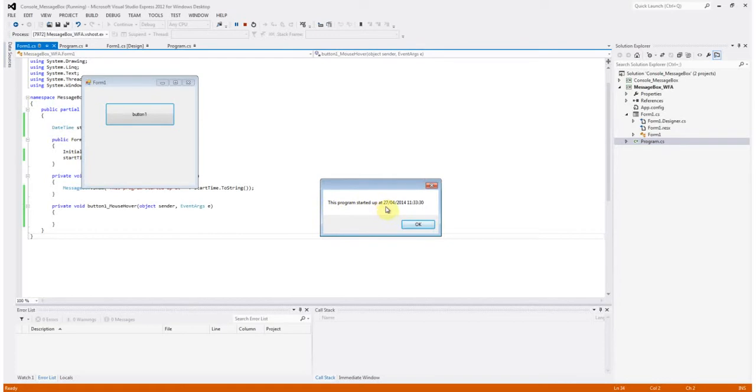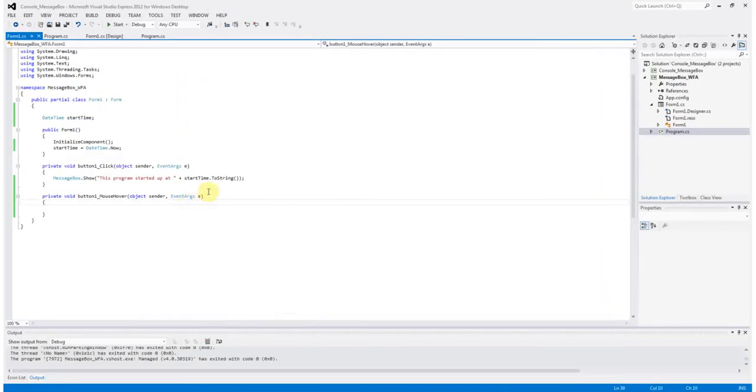This program started up at 11:33 and 30 seconds. I mean, that's pretty much all it is. So they are very useful, okay? But one thing to note is that